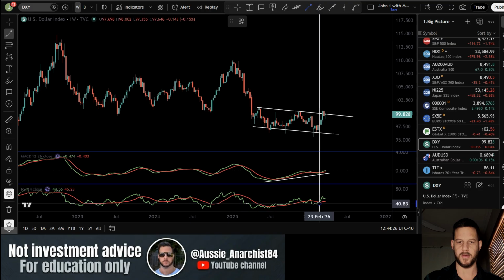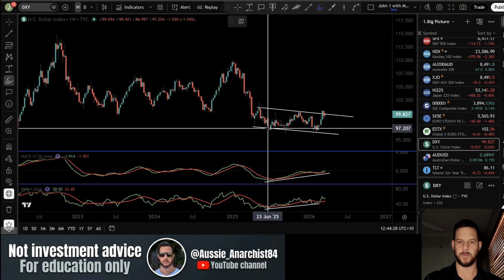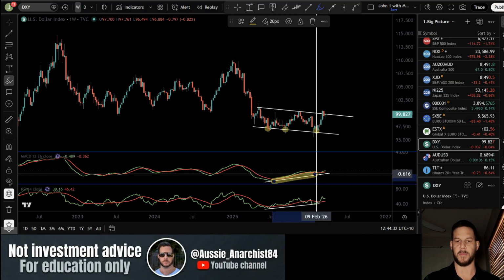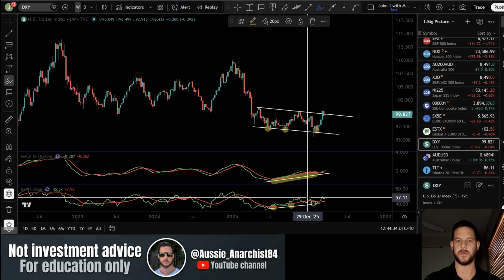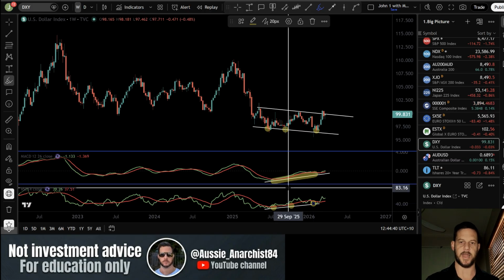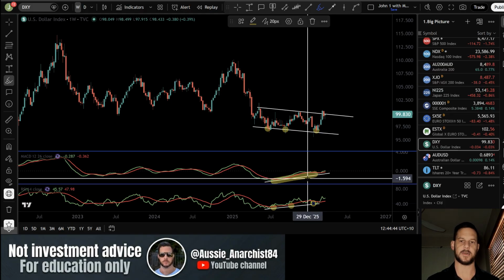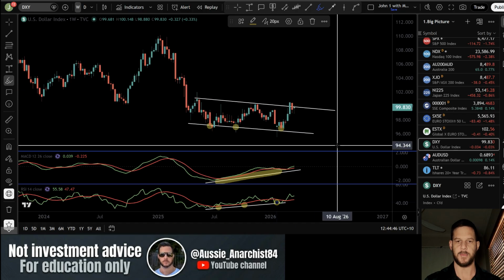So, and I've shown this many times before, price making lower lows, the US dollar index making lower lows, while the momentum indicators are making higher lows. Positive divergence, that's a sign the downtrend is losing momentum and there's potential for a breakout or a reversal coming, an uptrend coming. Remember, a downtrend ending does not mean that an uptrend has started,